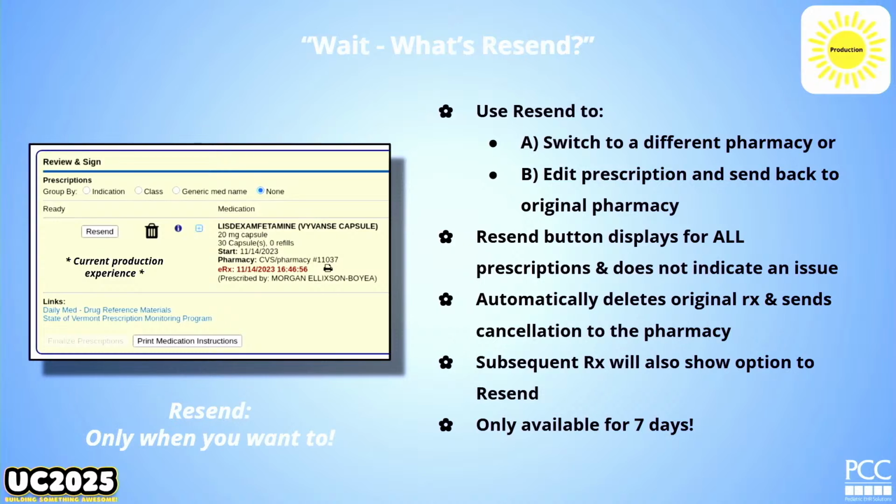Okay, let's see what we've cooked up to solve some of these problems. Oh, the big one. Okay, this is pretty cool for the doctors, because they can send controlled substances. And this works for all drugs, right? But controlled substances are really the problem child in this scenario. So if you get the phone call, you can resend it to pharmacy number 2, but you're not getting those phone calls. It's the nursing staff, it's the triage crew. So they can resend legend drugs, easy peasy. But they can't send controlled substances in the first place, so they can't resend them either.